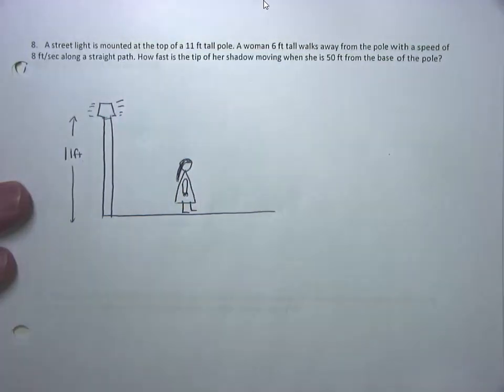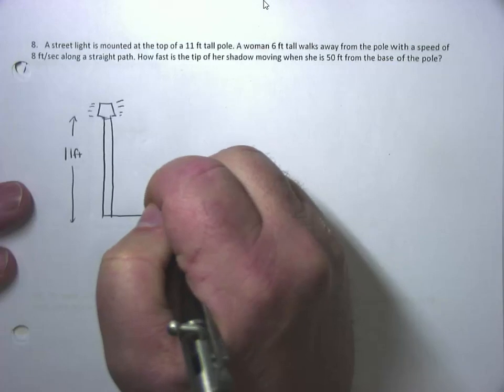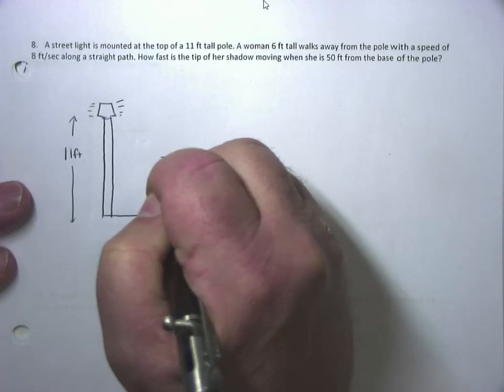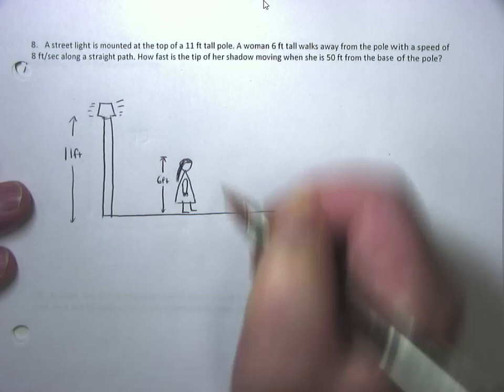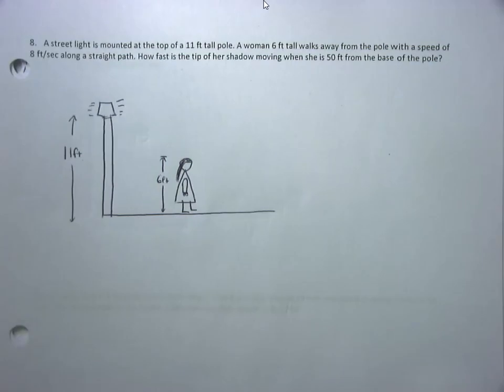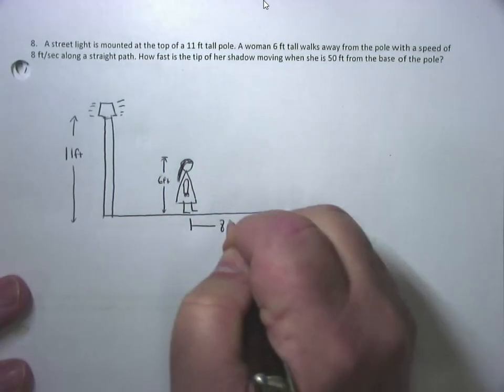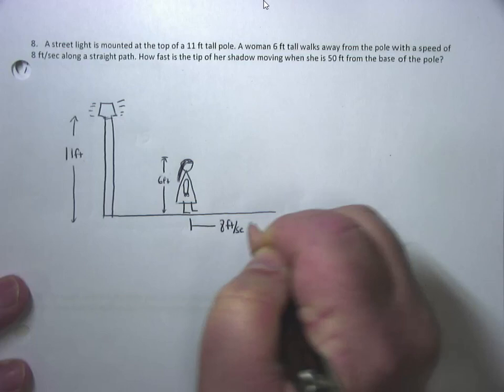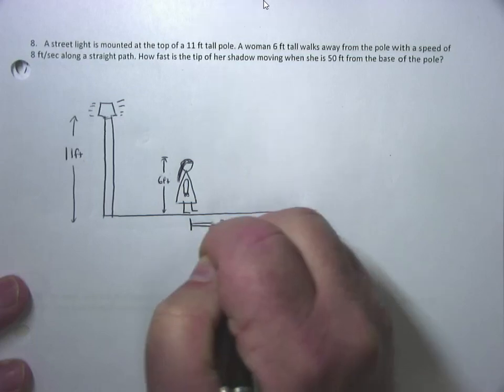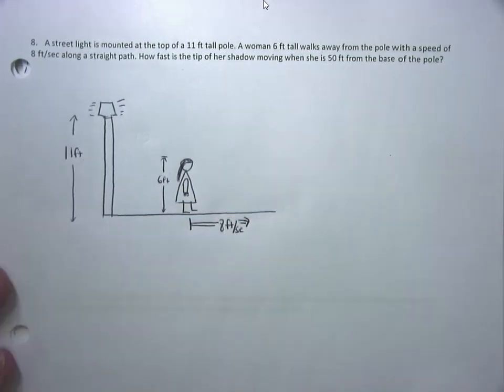All right, a 6 foot tall woman. Okay, and she's walking away from the pole at a speed of 8 feet per second. Does that make sense? Okay. The question, however, is how fast is the tip of her shadow moving when she is 50 feet from